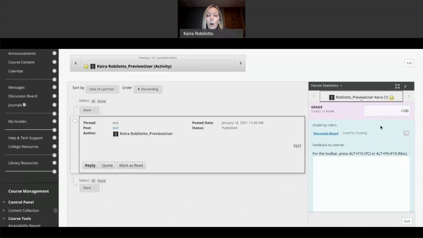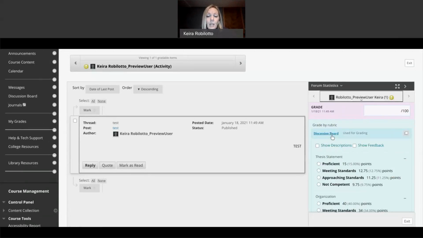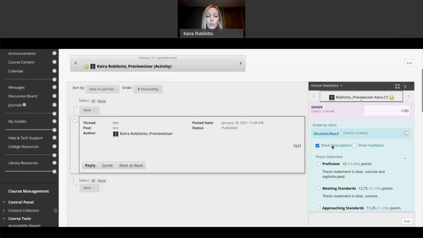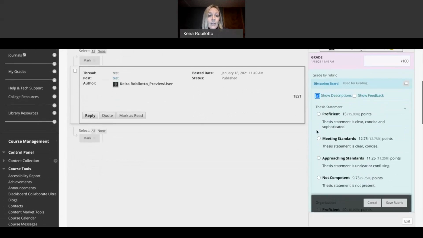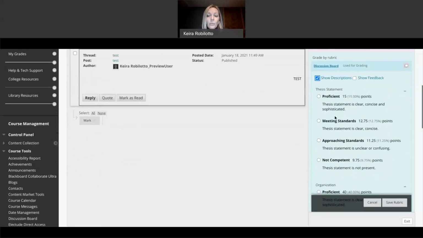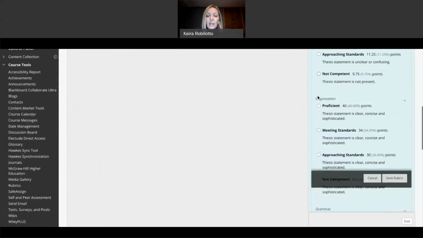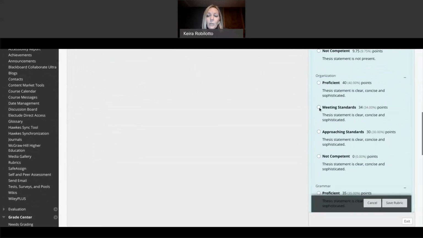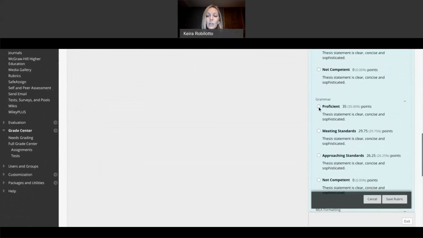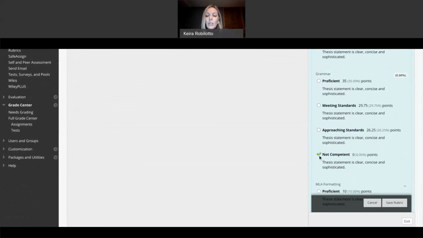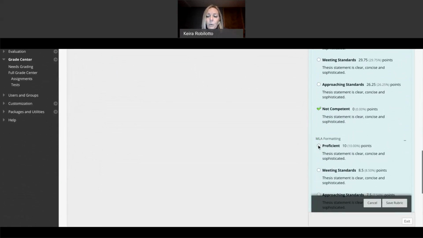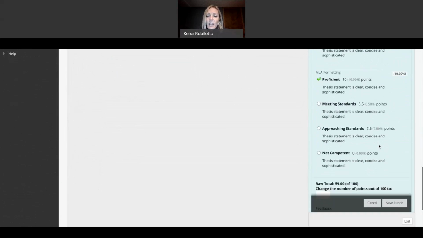Okay. Now in this grading area, you see this spot where it says grade by rubric. I can click on this discussion board rubric and I can show the description. And as I'm grading it, I can go right in here and say, oh, she has a beautiful thesis statement, fantastic. Her organization could be better, but okay, it's meeting standards. The grammar is atrocious. The MLA formatting is proficient. And now when I save this rubric,